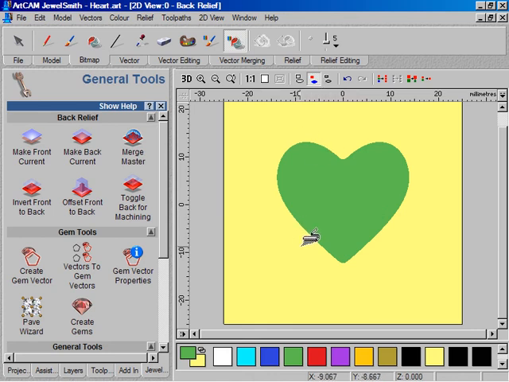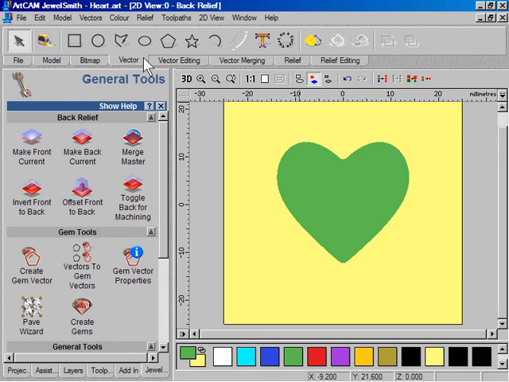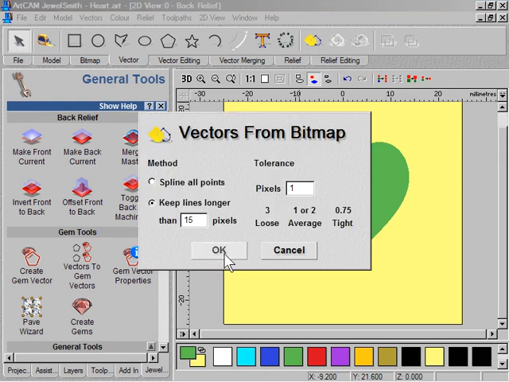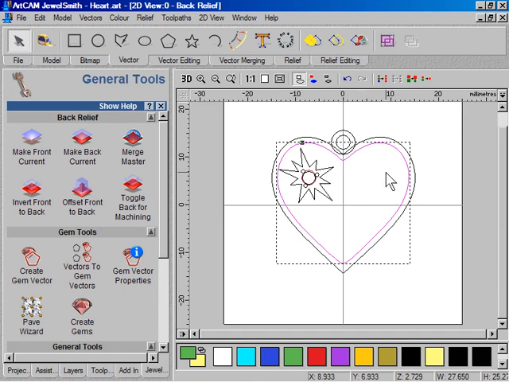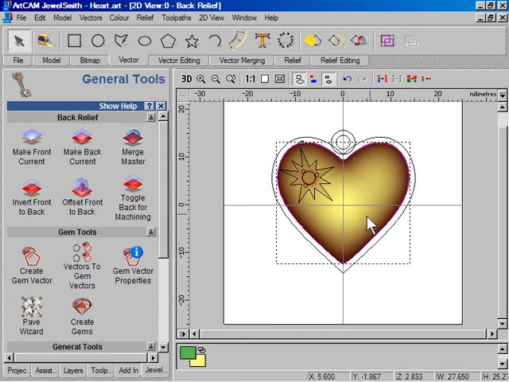Now we could use that colour directly, or if we wish as well, we can now go to the vector toolbar at the top here, and we can use Bitmap to vector, use the default values to create a vector shape that also finds that boundary. And if I turn that off, we can now see we've got the artwork back. We've recovered the artwork, the 2D border, back from a model when there was no artwork used to create it in the first place. So that's a useful technique,